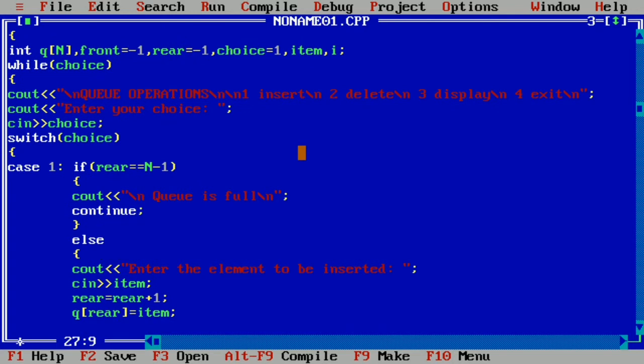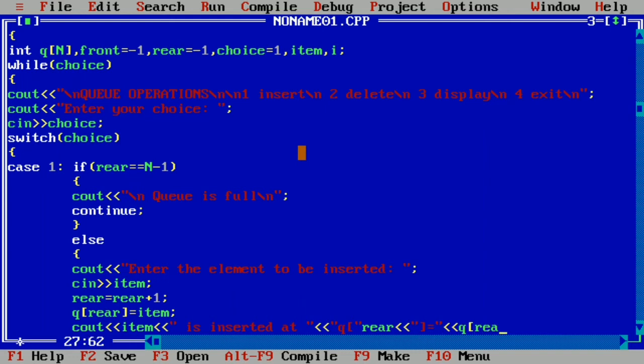Next we are going to write cout item, in a double quotation mark, is inserted at, and here in a double quotation mark we'll write q of, in a square bracket we'll write rear, and in a double quotation mark here we'll write square closing bracket equal to, and then the value stored in it.